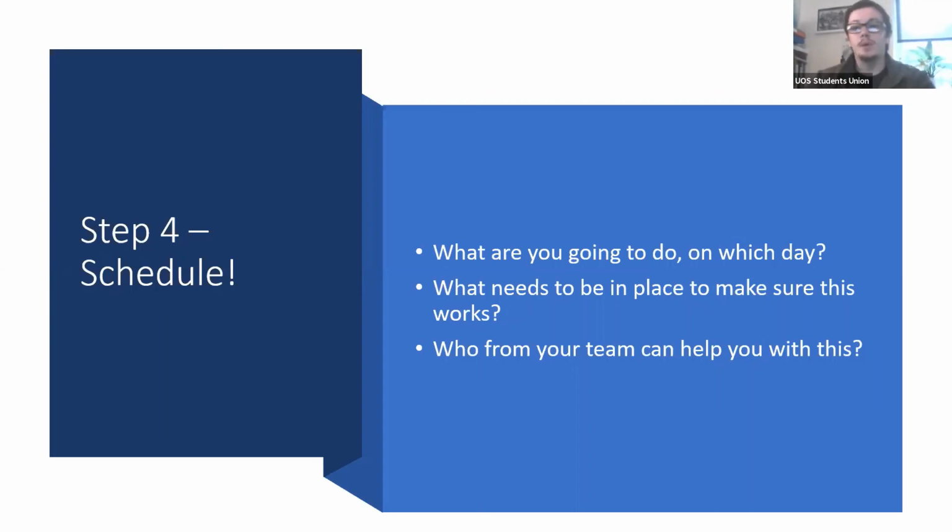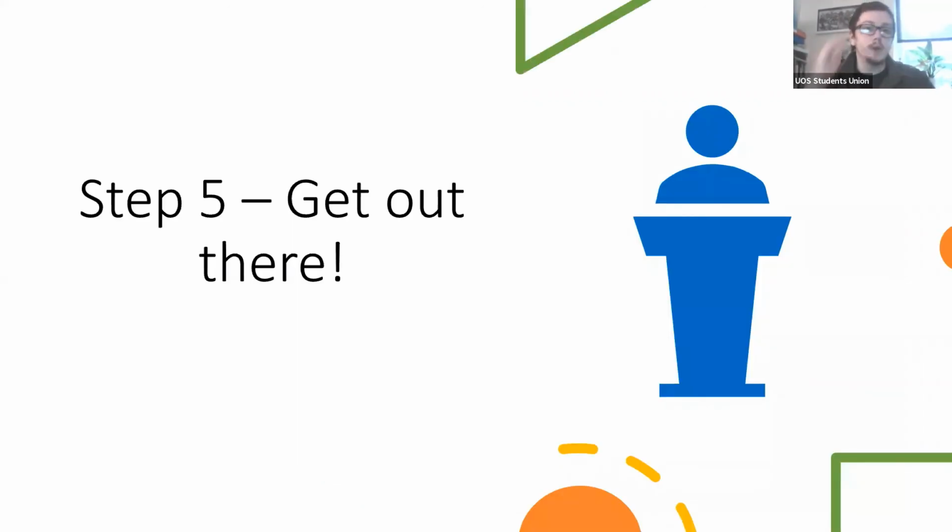And even to the point of social media, if you set up a page, schedule a load of posts to go out during that voting week, and then you're not worrying about what content you've got on your social media during that week because you've already scheduled it all in advance. So you can save yourself a lot of time and stress during voting week if you schedule things and plan things during the next 5 weeks you've got before voting opens. And the final step, of course, is get out there. So get out there this year.